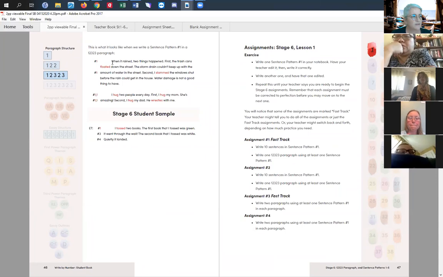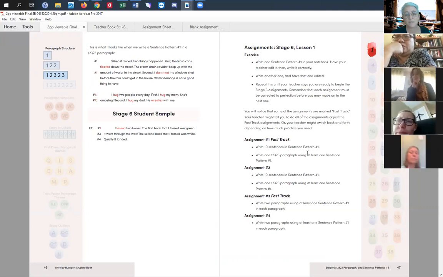So they write a paragraph like, "When it rained, 2 things happened. First, the trash cans floated down the street." Well, floated is a strong active verb, so they can mark that as sentence pattern number 1. And so the assignments require them to put sentence patterns in their paragraphs. So they're learning the grammar, they're still practicing their paragraph structure, and they're learning how to make their writing interesting,